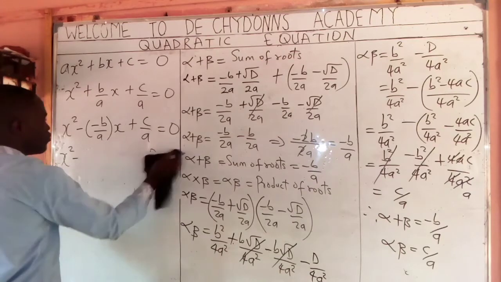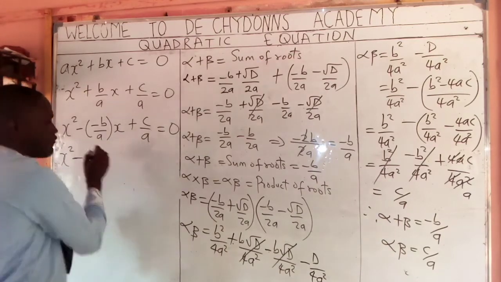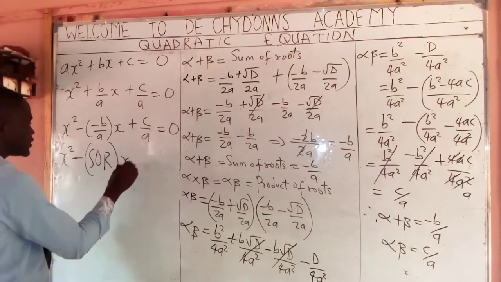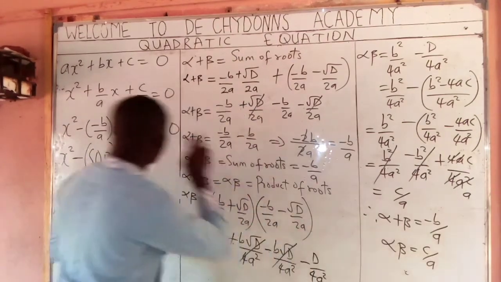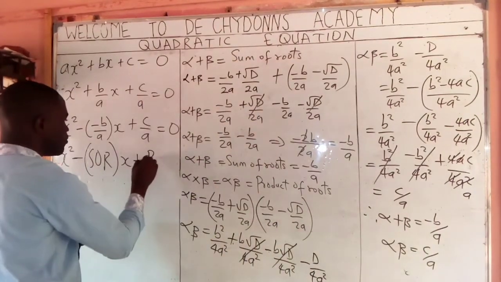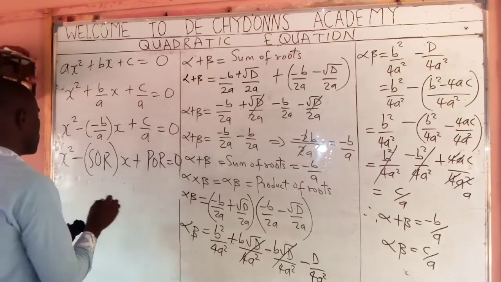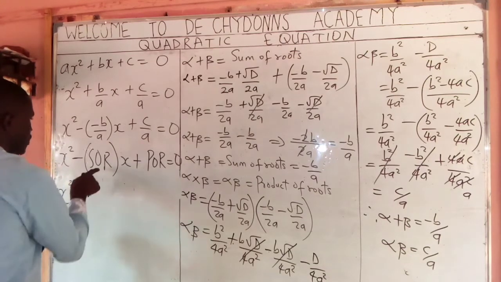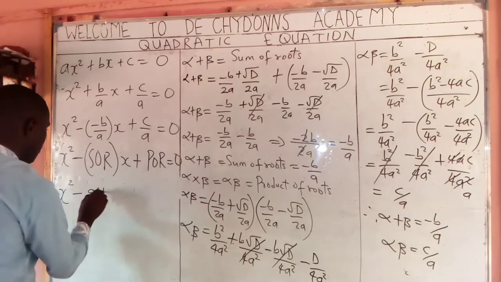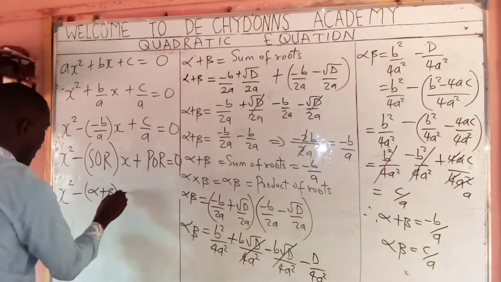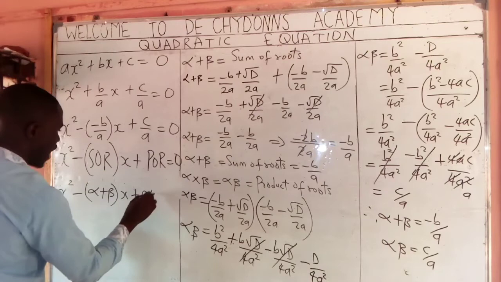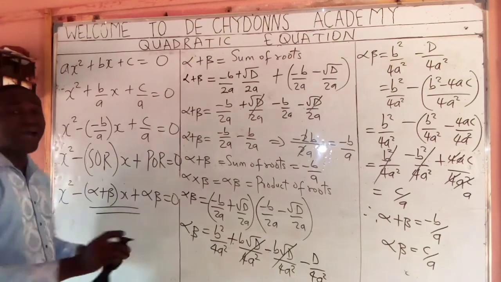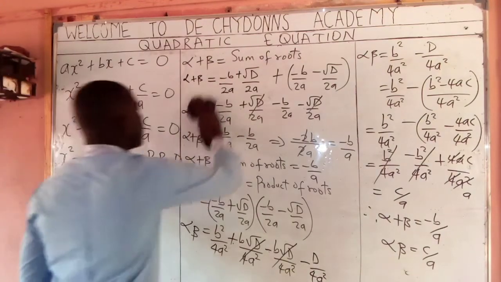Let's write it with symbols. Do you know that minus b over a means sum of the roots? We say sum of roots x plus, do you know that c over a means product of the roots? Product of roots equals 0. Now what is sum of roots? Sum of roots means alpha plus beta, x plus product of roots means alpha beta equals 0. Now, this formula you see can be very helpful to you in solving questions like,